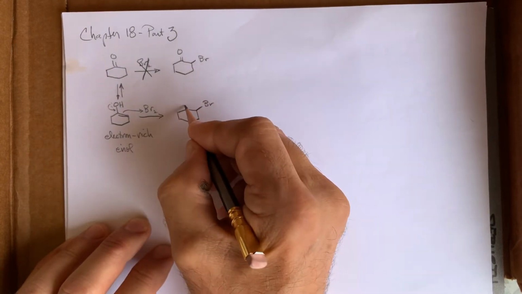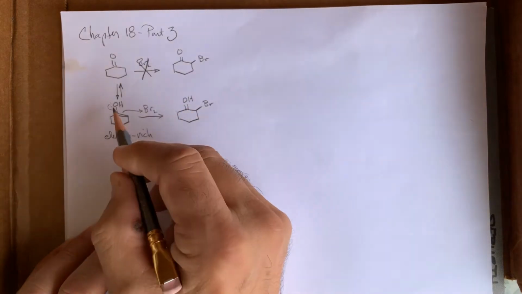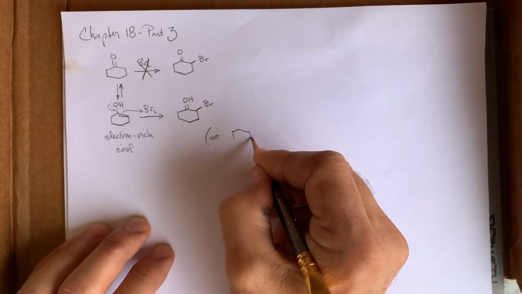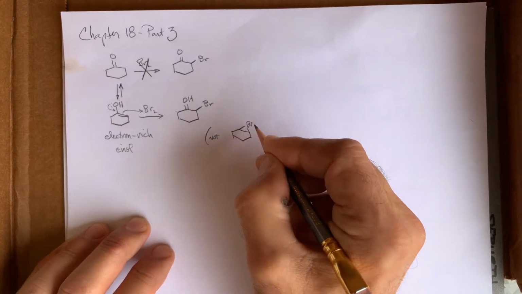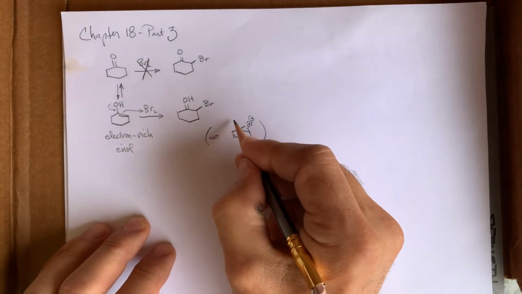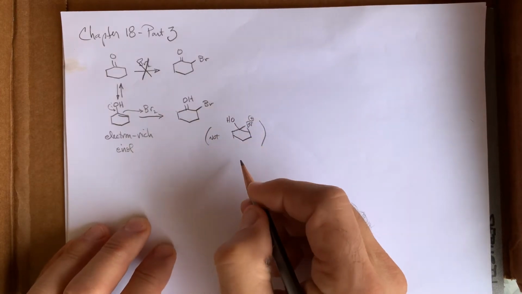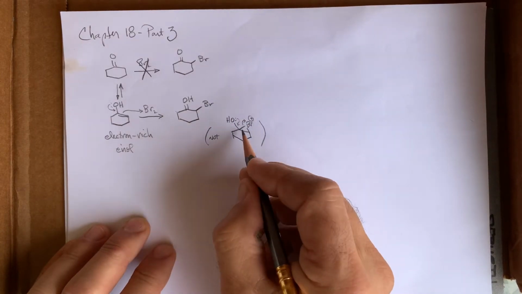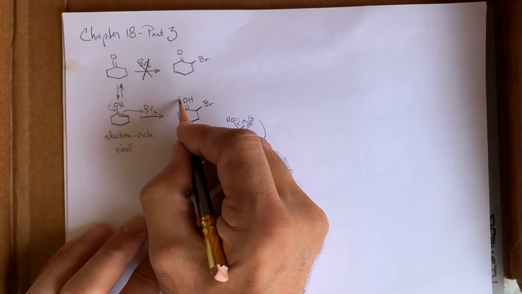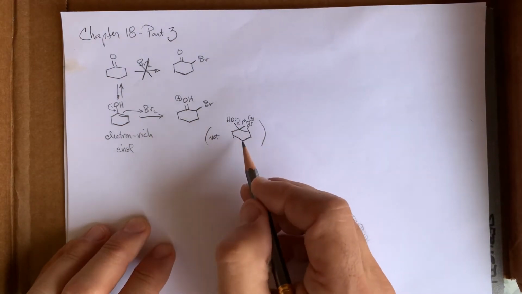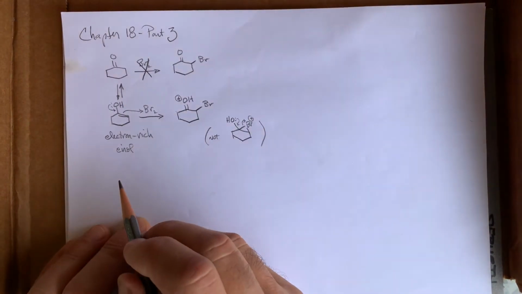In the absence of this oxygen, you would form a bromonium ion. And while we can't really rule that out here, the belief is that the hydroxybromonium is less stable than the alpha bromo ketone, the protonated alpha bromo ketone, and so if this actually forms, it immediately opens in that way,